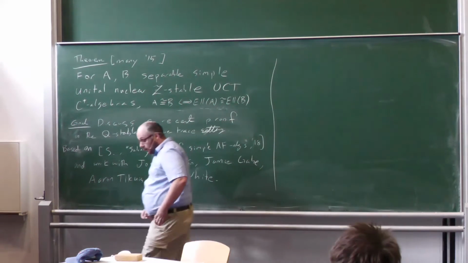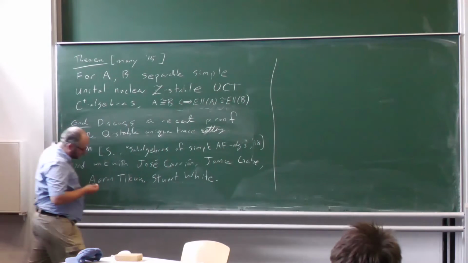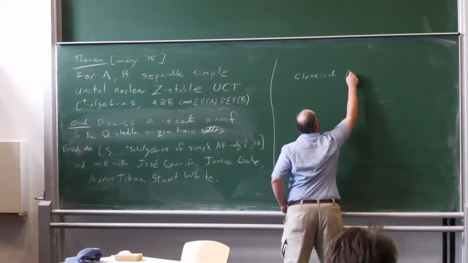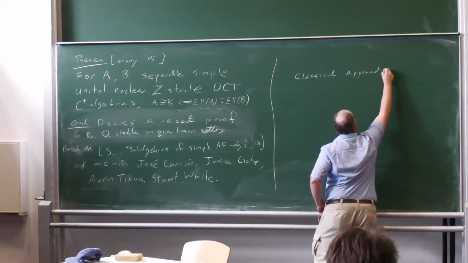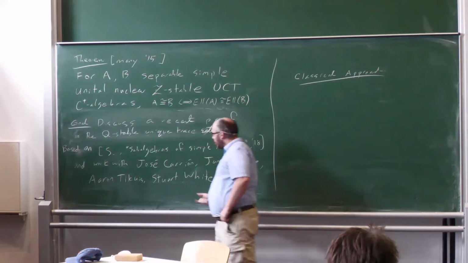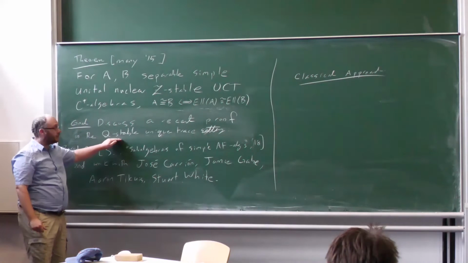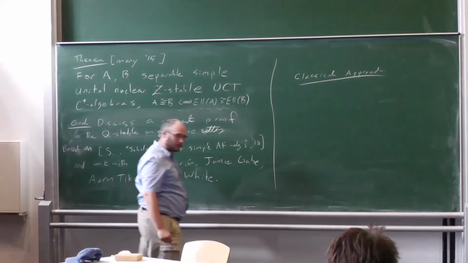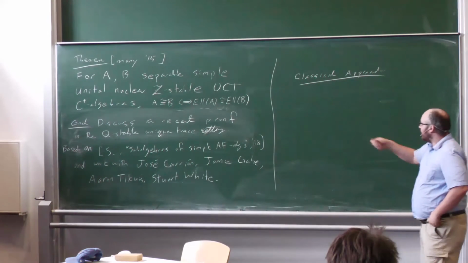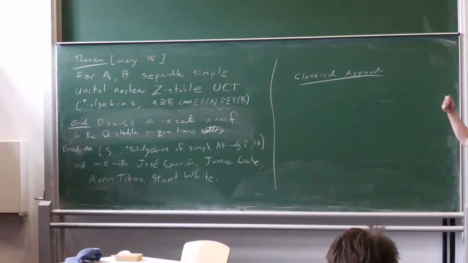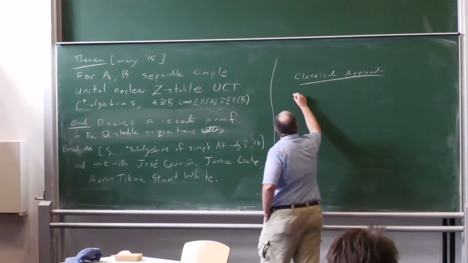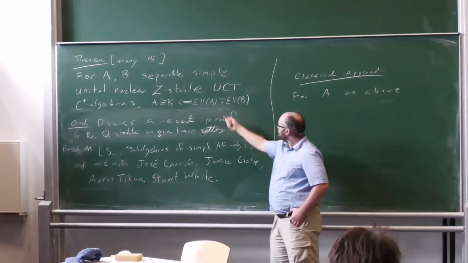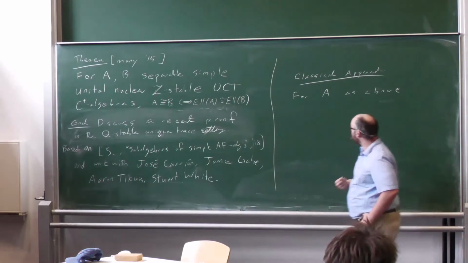But okay, before I do that, though, I do want to say something about what was done classically. The UHF stable unique trace setting, if you assume a strong quasidiagonality condition, really goes back to about 2005 or so. The quasidiagonality and finite decomposition rank came much later, but so say the classification assumptions and in this Q stable unique trace setting,